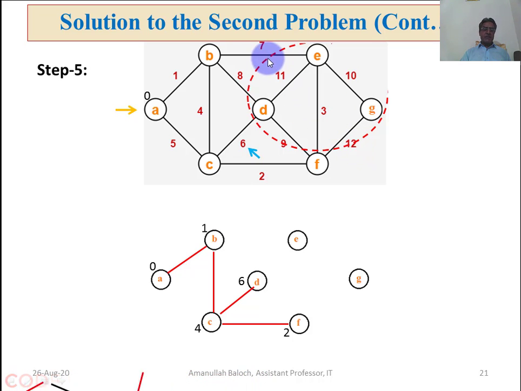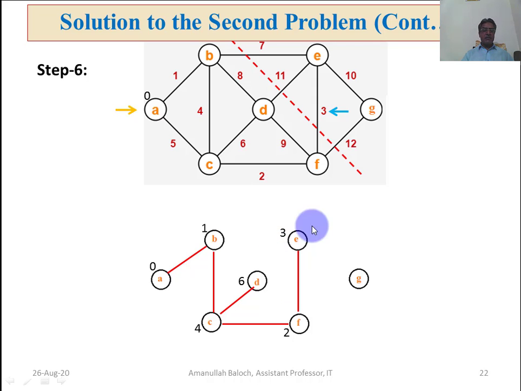Now this is our MST after 7 steps. Now we will arrange it, because this was the root node, from A to B, B to C, then C has two children, D and F. You may see it here, A to B, B to C, C has two children, D and then F. F is the parent of E, and E is the parent of G. This was the MST. This was the end of our lecture number 20.